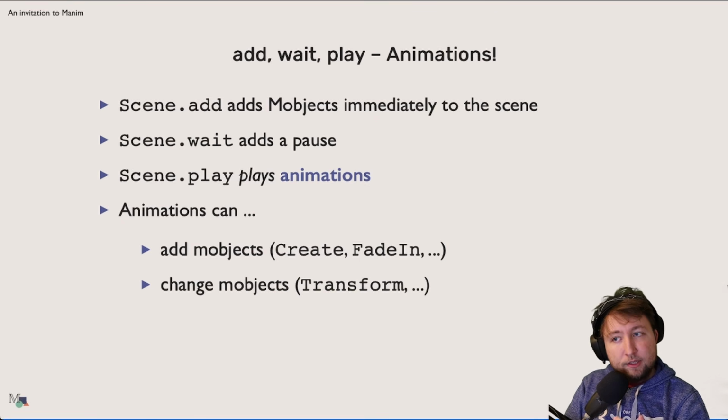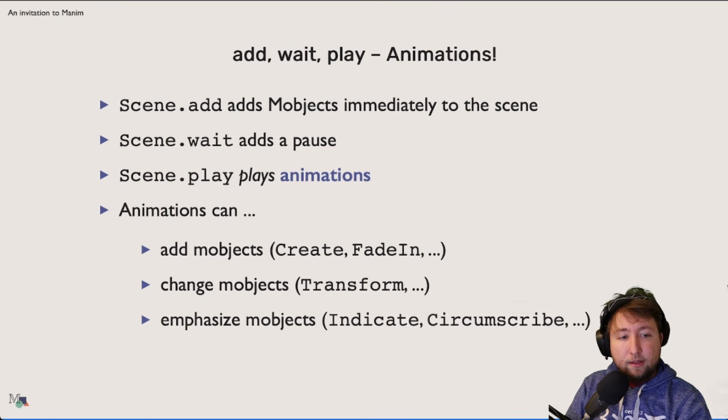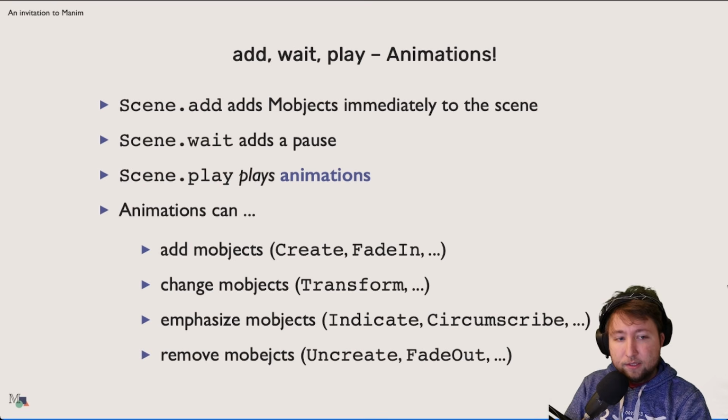There are animations that can change mobjects, so to transform one mobject into another mobject, it's a transform animation. There are animations that emphasize certain objects, for example, the indicate or the circumscribe animation. And of course, if there are animations that add mobjects, there are also some that can remove them again. In this case, it's uncreate and fade out.